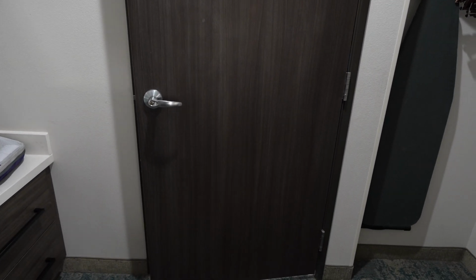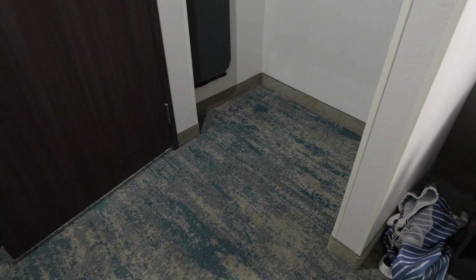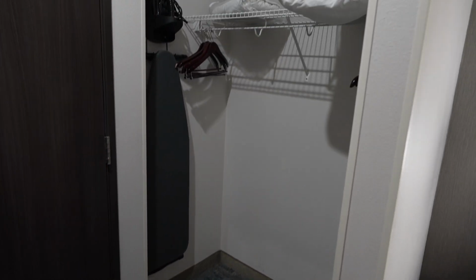Now to our right is this hallway space. So this is how you get into the bathroom. It's much more open than the other one. It's definitely wider. There's no door to the closet. So there's your closet. You got your